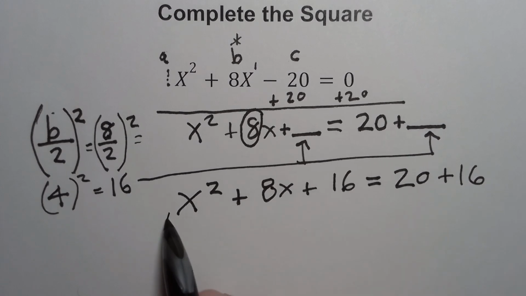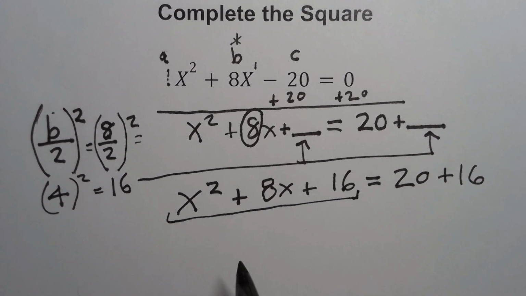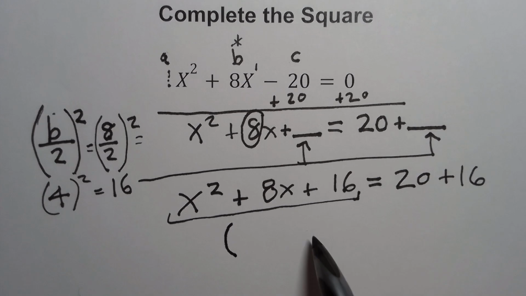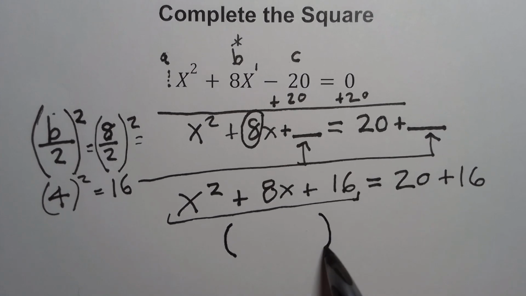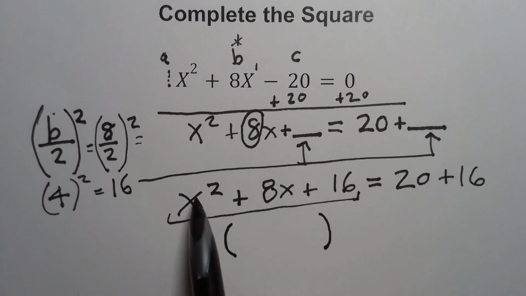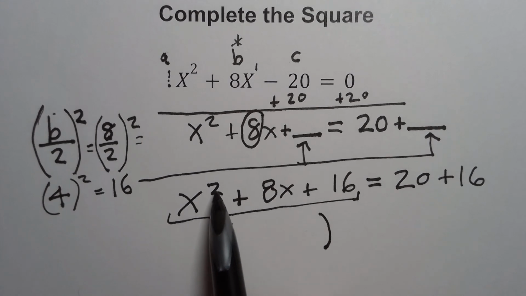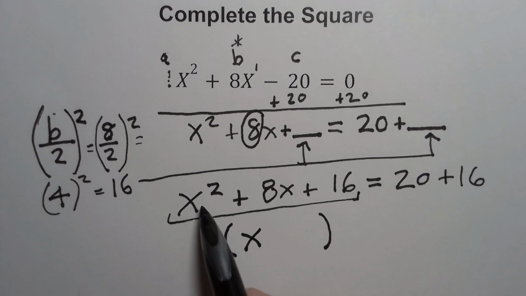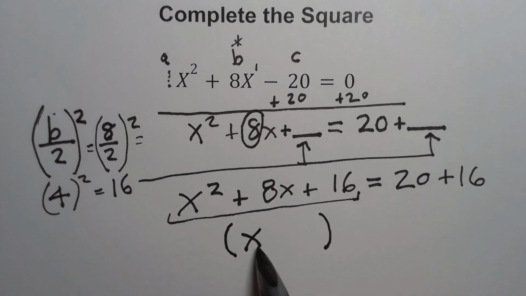factor this. This here is a perfect square trinomial. And perfect square trinomials are very easy to factor. We just put the parentheses here. We take this first term, which is the x squared, and we just put the x here. Because we know the perfect square trinomial is going to be multiplied by itself, so we just have the x